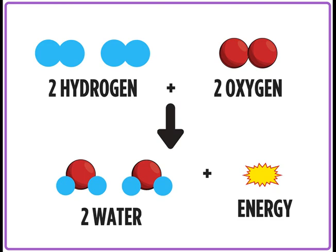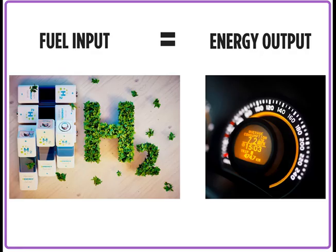What do you notice about the products and reactants in this reaction? You might notice that the same amount of hydrogen and oxygen atoms that this reaction starts with is the same amount after the reaction. This can be explained by the law of conservation of matter. This law states that matter cannot be created or destroyed. That means that the mass of the starting materials of the chemical reaction will equal the mass of the products